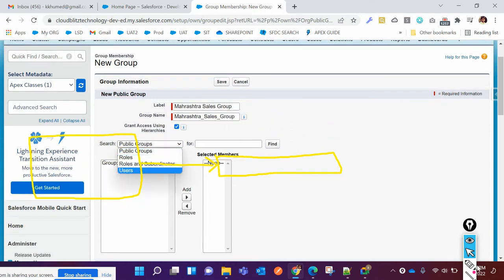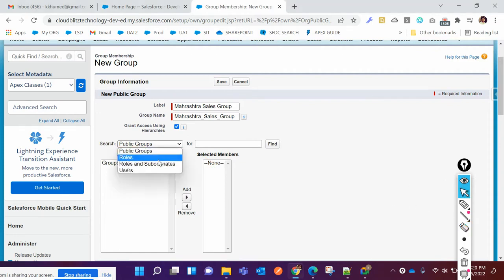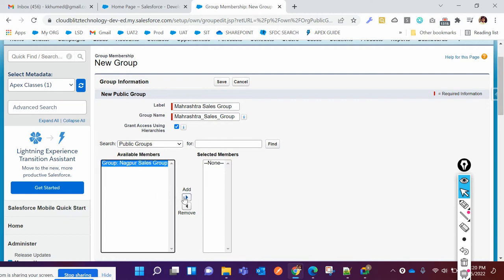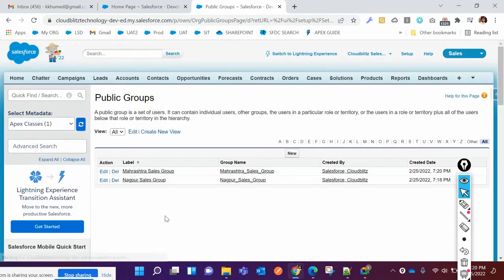There are some options: public group, role, subordinate, users. If you click on users, you will see the users. If you click on public group, you can see the public groups and save. So you can add a group into a group also. It is also possible. Now, as we have created two groups, Nagpur Sales Group and Maharashtra Sales Group,